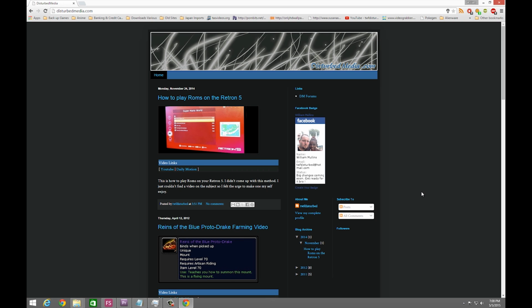on the Retron 5. This is a kind of new method. Well, you're using a new program, so with this method you're not going to have to change and have any cartridge in the system. So instead of making a ROM for each individual cartridge, you just have to make sure you have the right type of game in the system, like an NES game for an NES ROM,